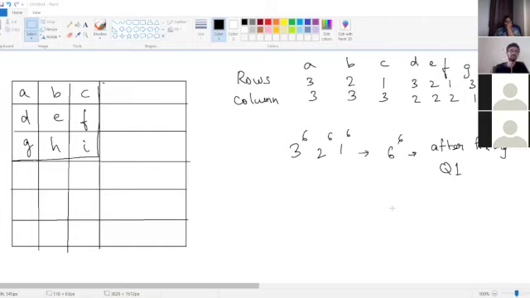Ashwin, can you just continue that screen share? Still, I have not understood. I agree with the first part of rows and columns, the choices. But from there, you getting 3 power 6 and 2 power 6 and 1 power 6, I still have not understood that. Multiplying these things. Yeah, multiplying these things. But okay, just give me some time.